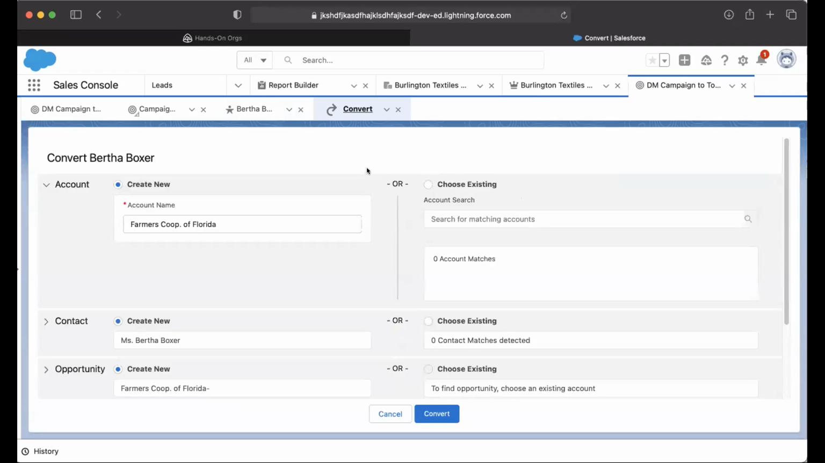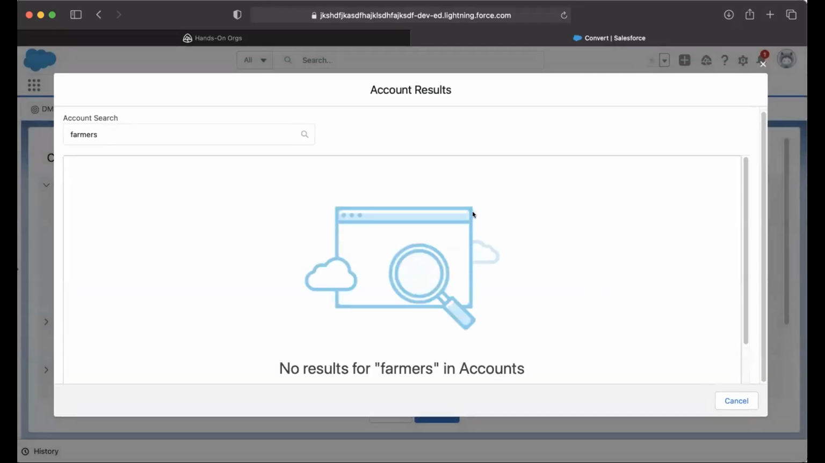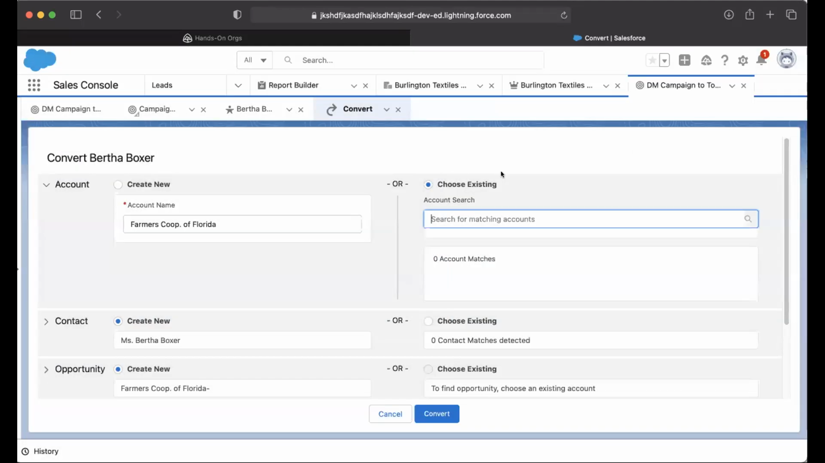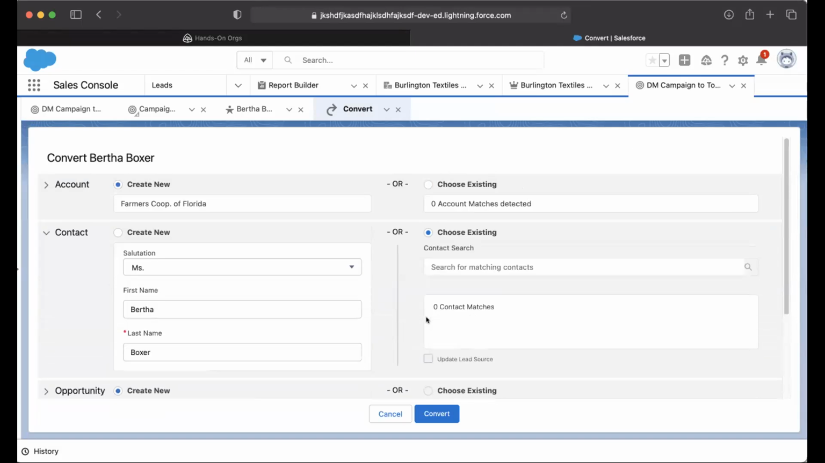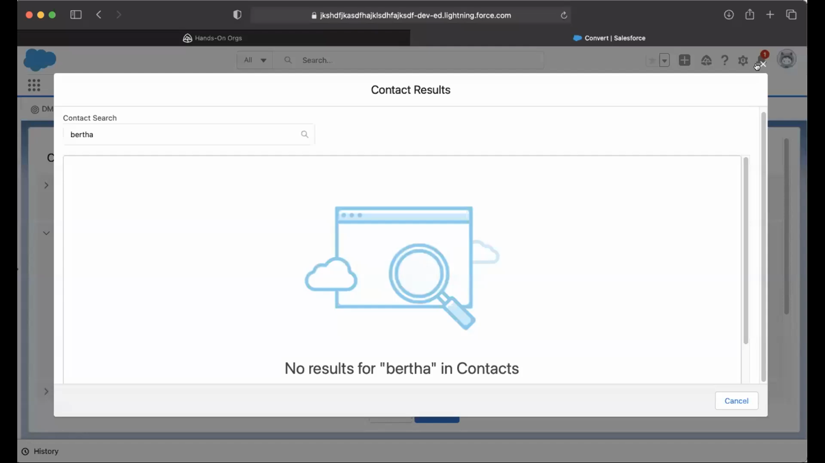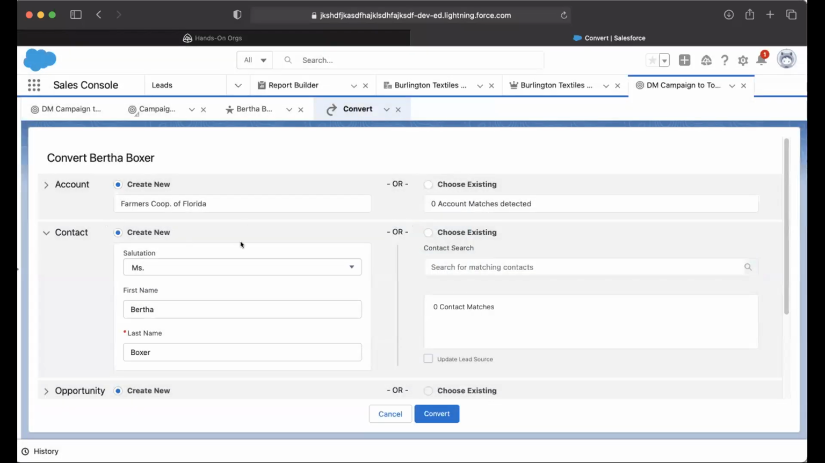Right? So I clicked on convert this lead. So you can see we have two options: create new or choose existing. If we choose existing, we have to search. If the account is already there, it will be visible here. Since there's no account already, I'm going to create. So again, in order to choose existing, I can check. The contact is not there, so I can create